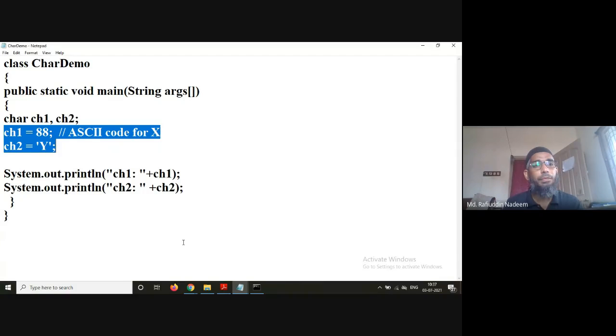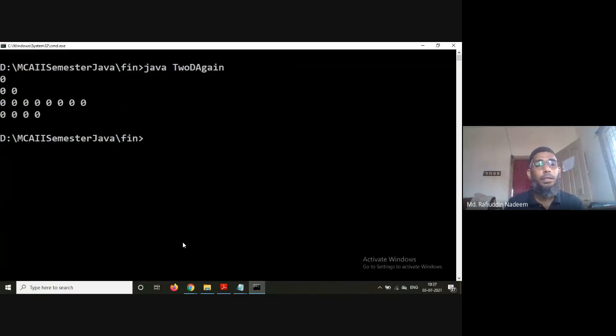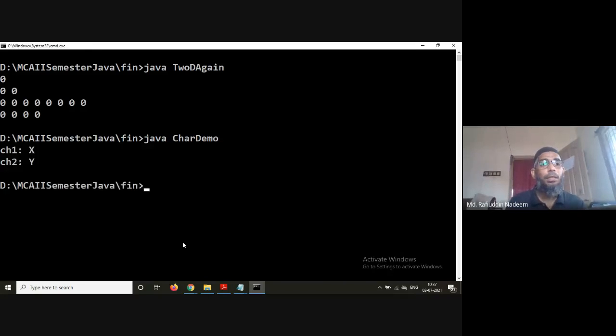Then if you see the output, see here, ch1, though it is assigned with 88, is displayed as X, and ch2, of course, is directly assigned with the value, so it is displaying it as Y.